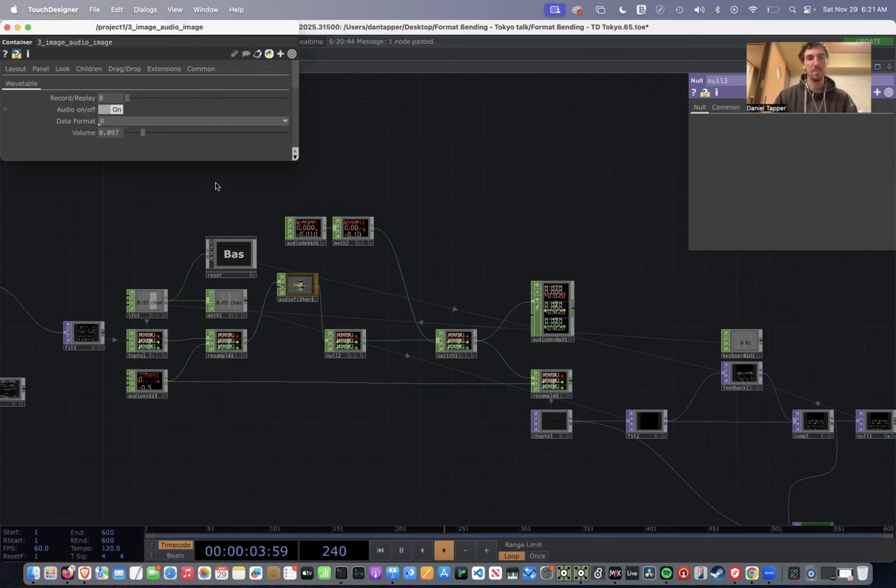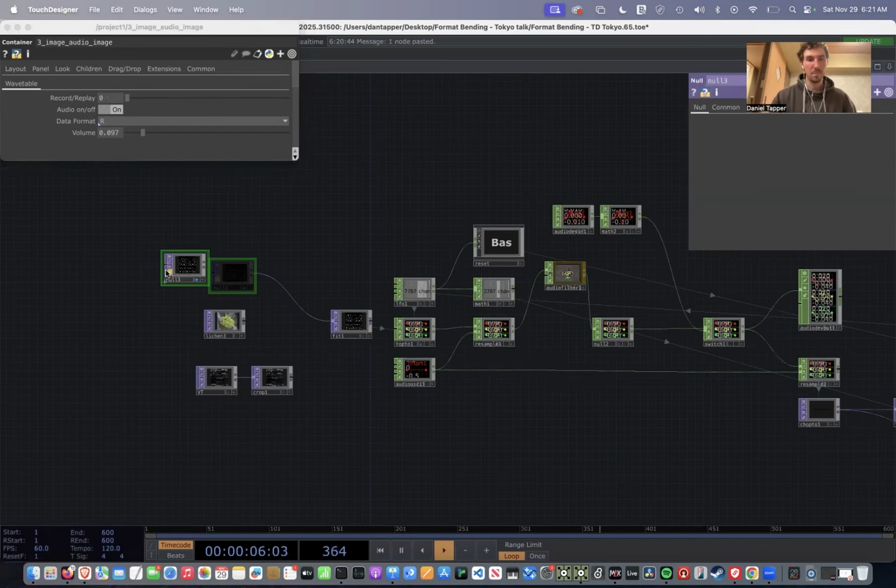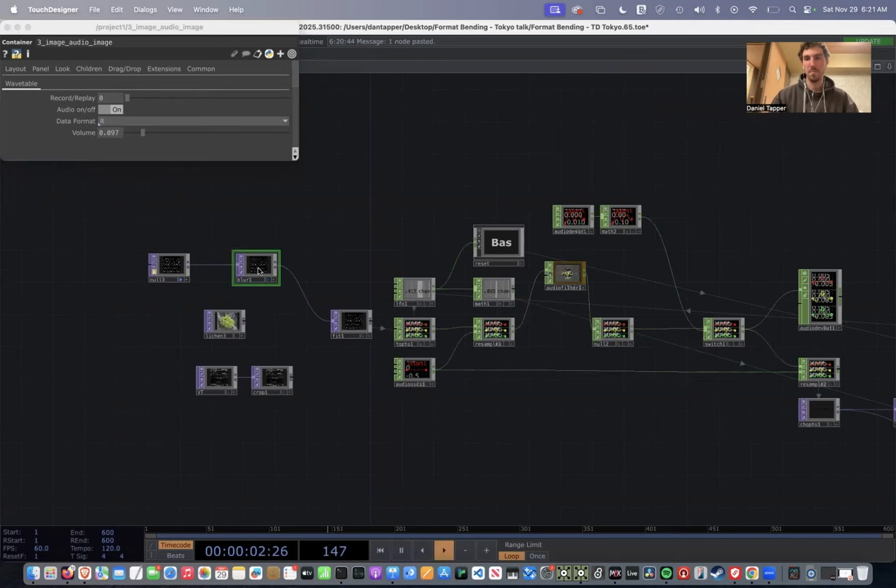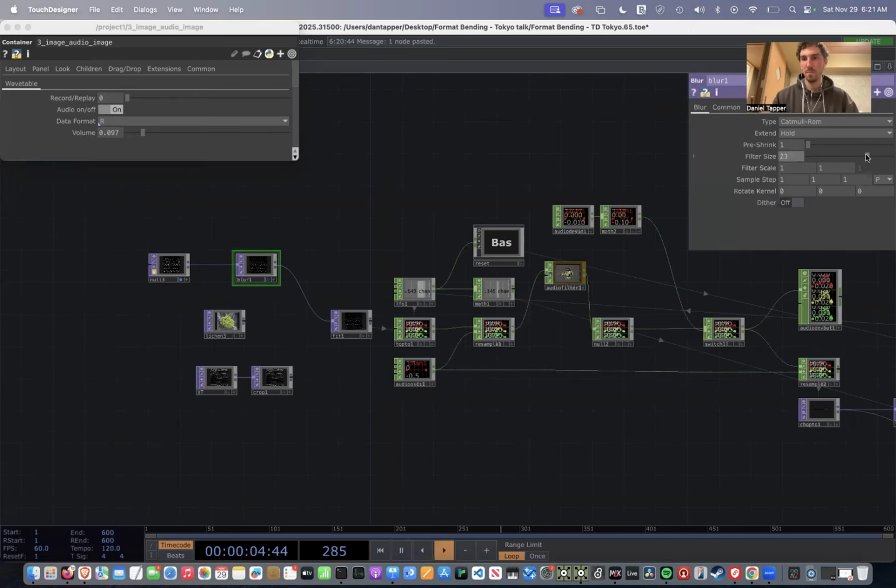We're taking that data and filling up this kind of image buffer. So what we can see here is as I'm speaking, we're taking that